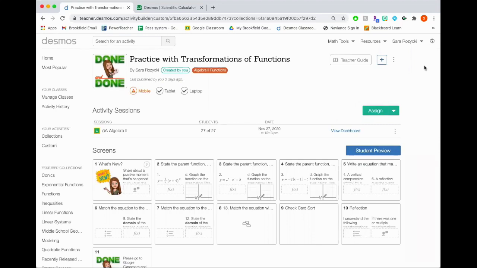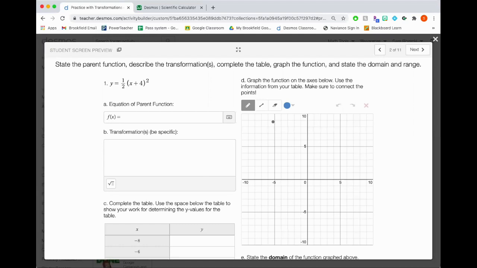Okay, everyone. So I'm going to go through the answer key to the practice with transformations of functions. I wrote out the answer key on my iPad, but I also wanted to show you how I would do it on the Desmos so that you can see me go through the same process that you go through, as well as give you a verbal explanation on how to do the problems with the answers so that you can have it to refer back to while you do practice or study for the quiz on this